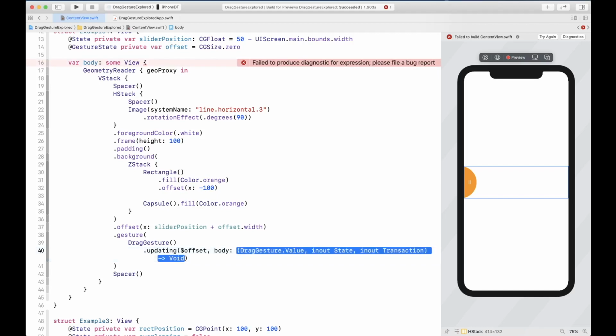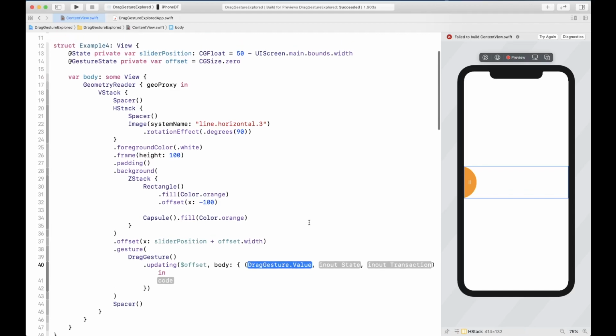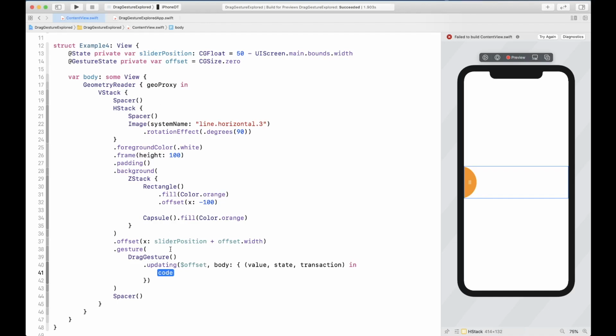The gesture state offset. Now the way we're gonna use it is we're gonna store the value that we have been getting inside the offset. So sorry, this one is gonna be, yeah, this one is the gesture state. Okay, and what we're gonna do is we're gonna say value, state and transaction. Okay, so this state is what we're gonna update to basically indicate the offset being updated. So I'm gonna say state